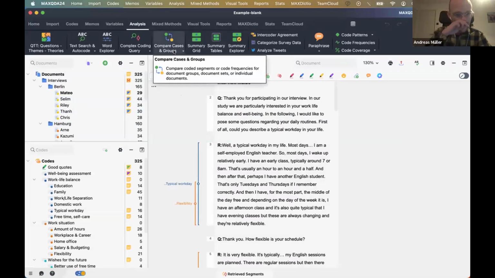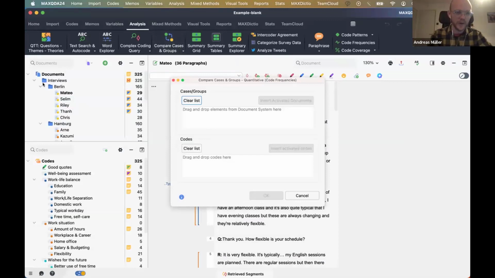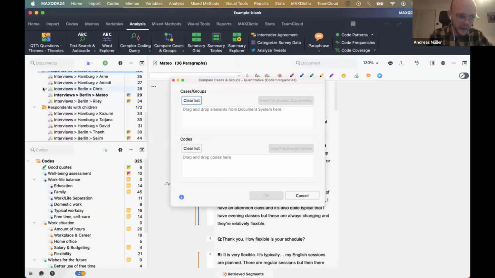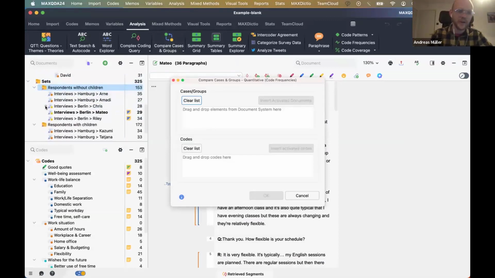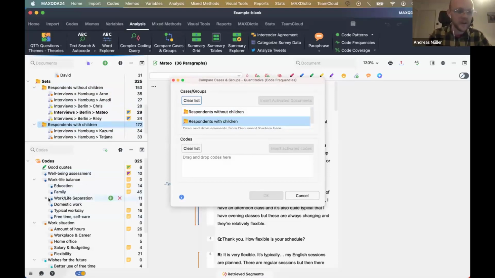So comparing cases and groups, I said, is already a very common analytical goal. So we can click here and select qualitative or quantitative comparing groups. I will go for quantitative. And right now I will pick down here. I have split my documents into sets. It's not important what it means right now, but we have here a group with respondents without children and respondents with children. And now I could drag every single code I want over here, or I can just say,